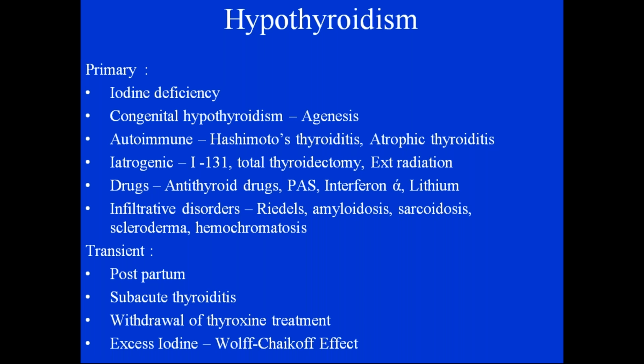So primary is due to causes like iodine deficiency. When you take low iodine salt and all, then you'll have hypothyroidism. When there is congenital hypothyroidism, like there are no thyroid follicles in the fetus, then due to the agenesis, there will be congenital hypothyroidism. Autoimmune conditions like Hashimoto's thyroiditis, this is one of the most common causes of hypothyroidism. Iatrogenic, like when we give the patients radioactive iodine 131,